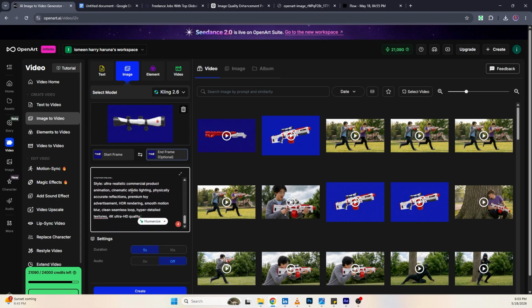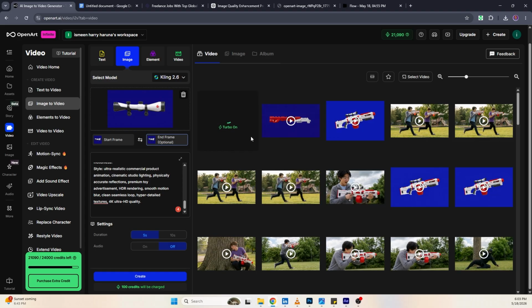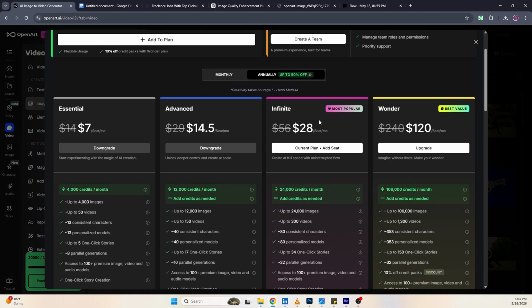And I paste it. So this is basically what we do. So I run it. Let me just do a rundown on this platform called OpenArt. So I'm paying for the 1 year plan. I think the 1 year plan is about